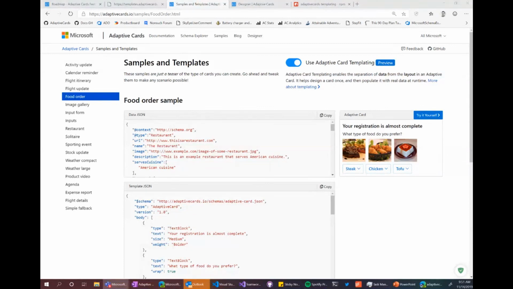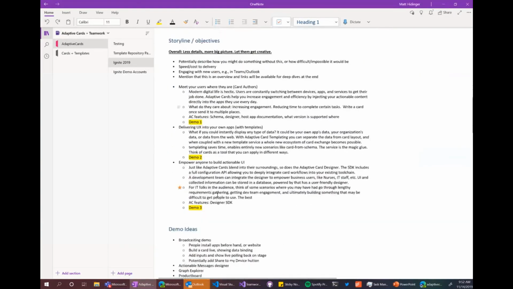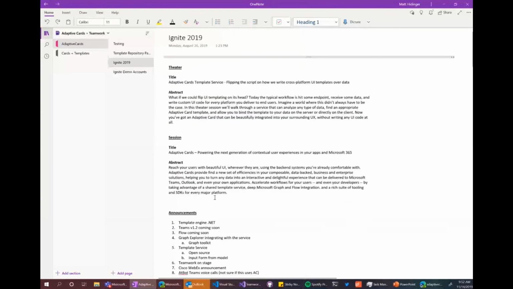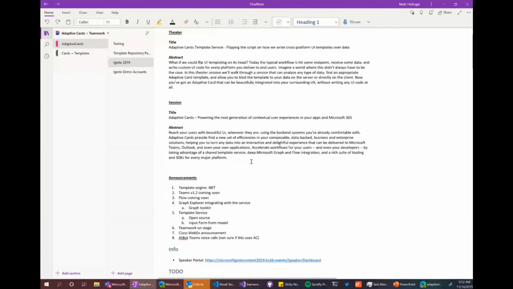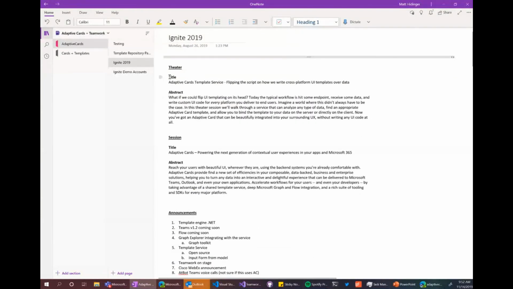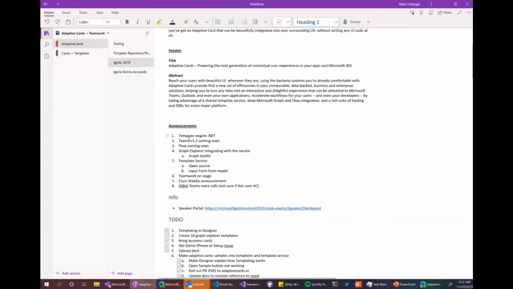So Bill asked, how do you use your demo script and reminders? Do you print a copy or just use it apart? For the demos, I do try to print a copy, but forgot. So I usually have a giant OneNote. Again, it goes from title and abstract down to announcements.